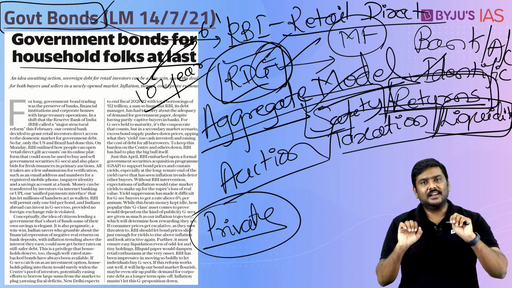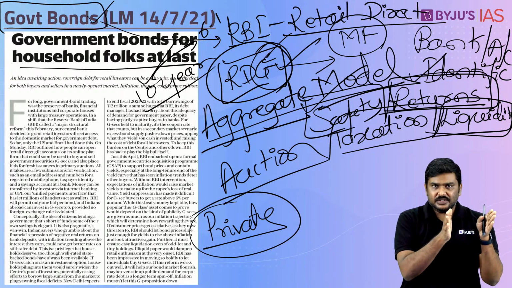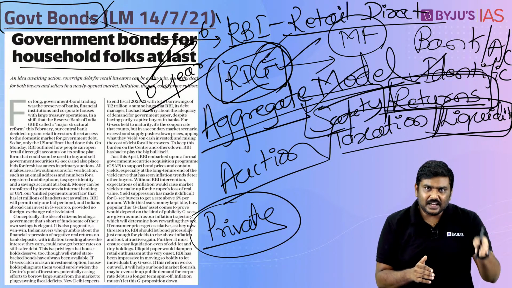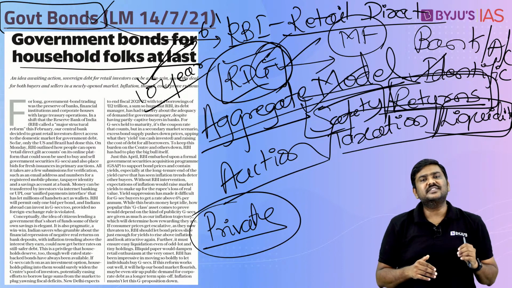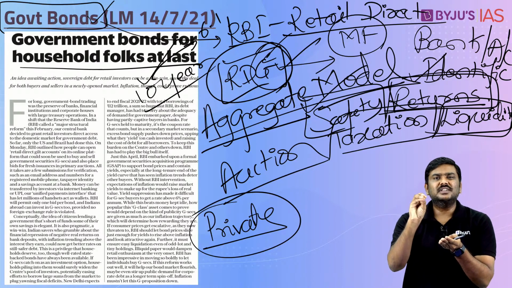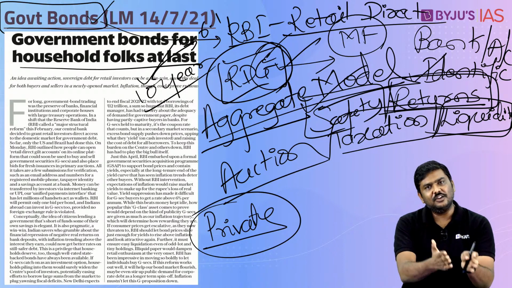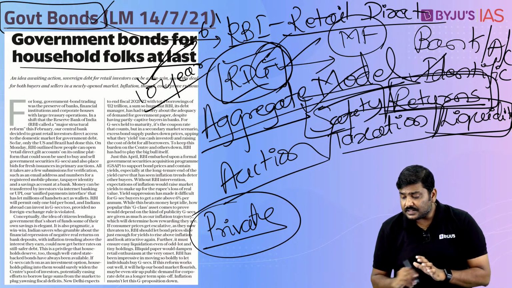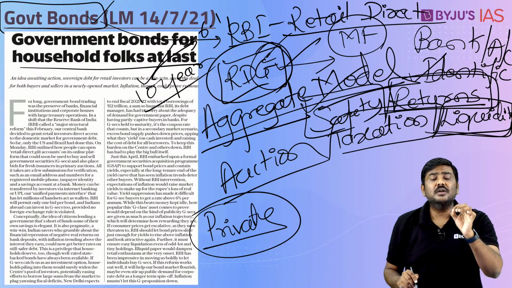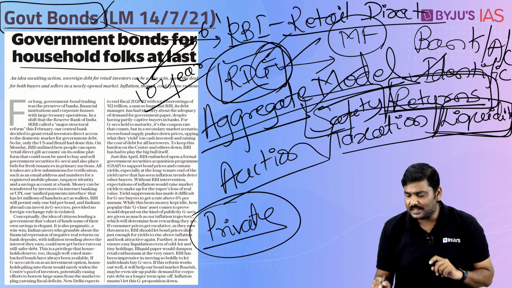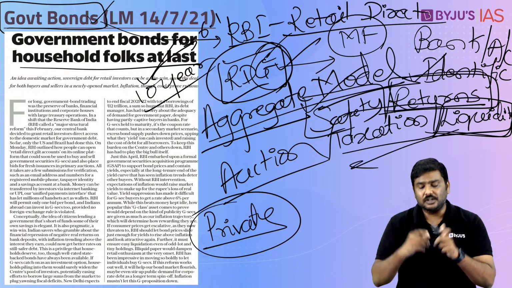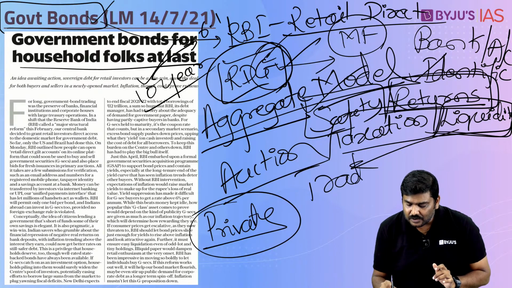But what is the concern here? Imagine in case of FD, initial agreement was for 1 year, but if you break the FD midway, let us say after 6 months, the bank will impose certain penalty on the interest and give back the principal with lower interest to the investor. Whereas in case of government securities, there is a problem with respect to liquidity for a simple reason. These government securities, the market value is dependent on the trading of these particular securities.